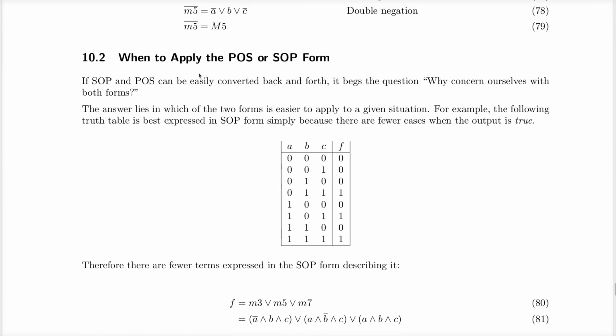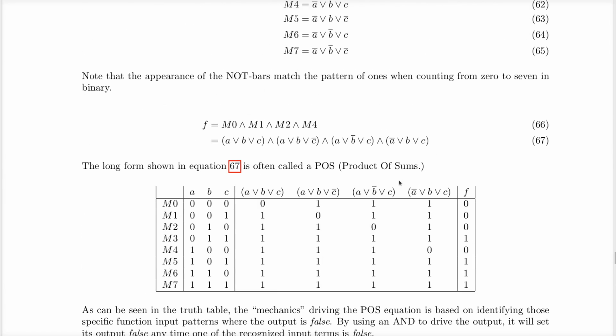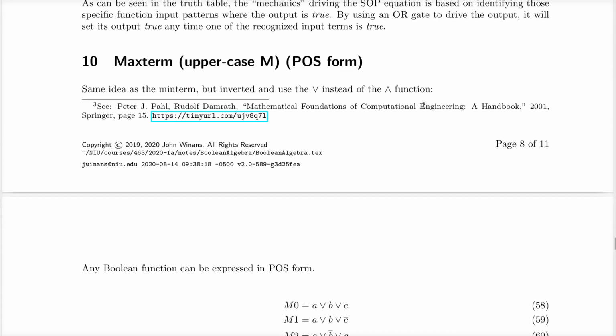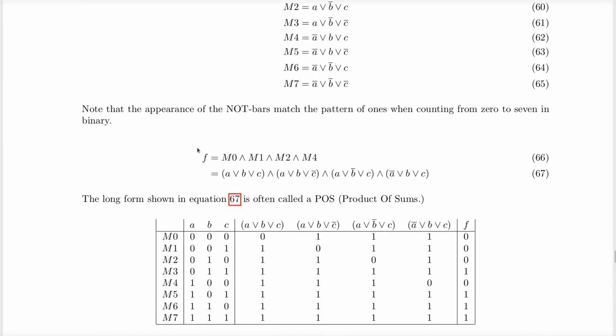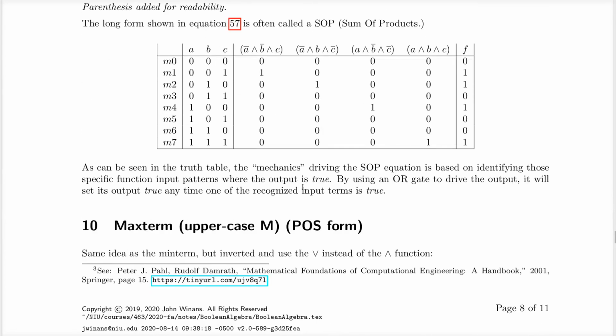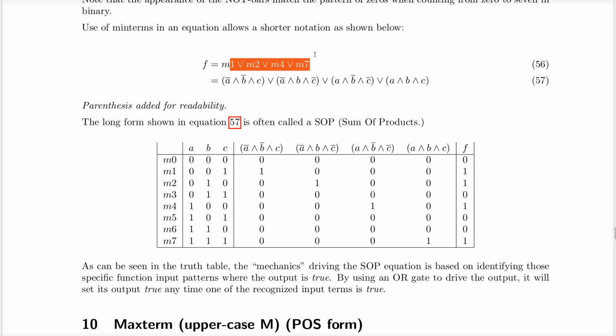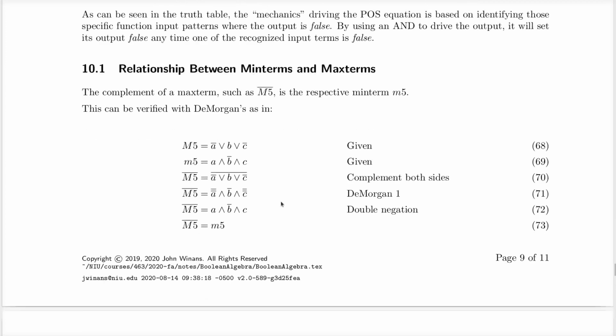So that begs the question, if they're really the same thing, who cares? Why do we even look at both kinds? Well, it turns out that in any given situation, the one I gave you before up here, we expressed two examples wherein I had 4 cases where there were zeros here and 4 cases where there were ones up here out of the total of 8 possible cases, right? In both cases, it's a 50-50 bet. However,